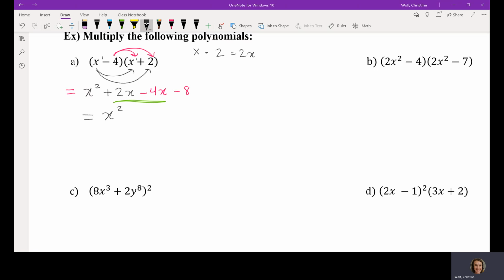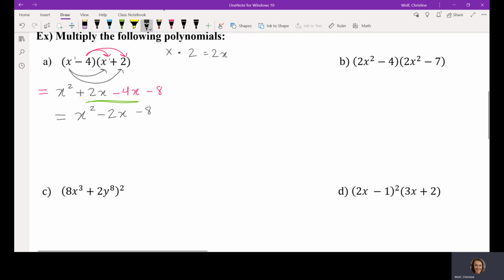So what I do is I look at the front numbers. So I have a positive 2 minus 4. Well, positive 2 take away 4 is negative 2, and it just still remains an x. You don't add the exponents here because we're not multiplying anymore. We're just simplifying. And then that negative 8 tacked on the end has nobody to join with it, so it just stays a negative 8, and that's the final answer. Okay? All right, we're going to go over to B here,